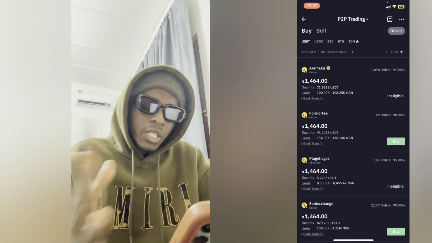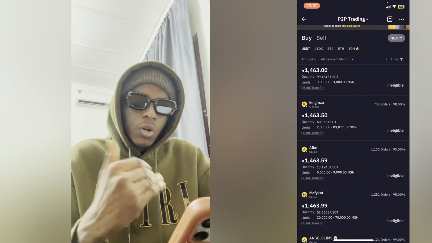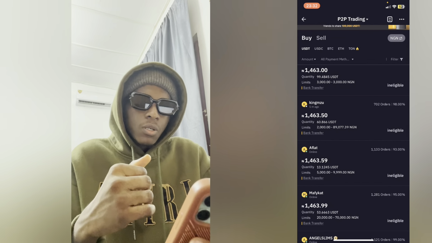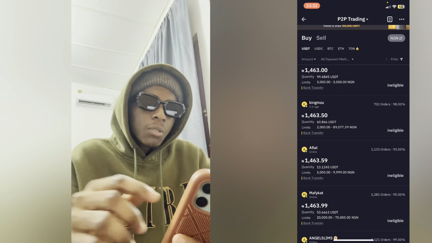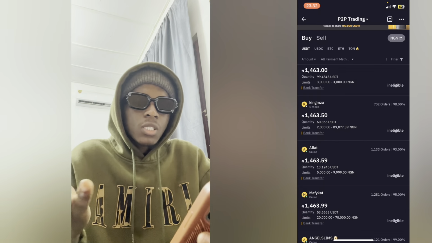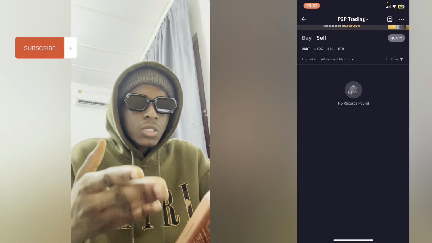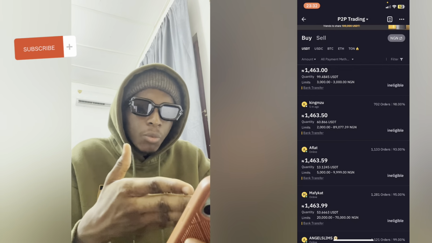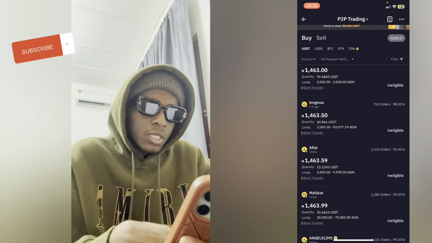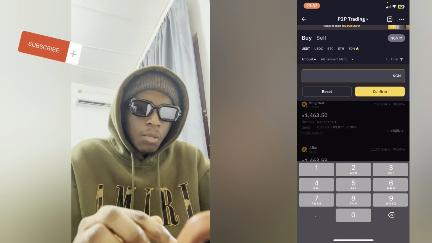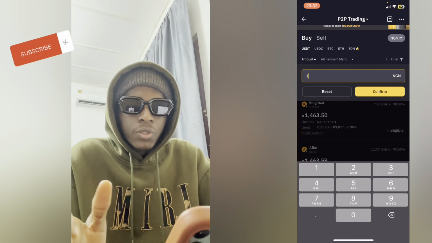Mostly you want to get a range of the coins you want to buy or sell. So I want to buy 100 USDT, right? I'm in the buy section. If I want to sell off 100 USDT, I will go to the sell section. Because I want to buy, I'll be on the buy section. Now I know the amount I want to use, right? So I'll just tap on this amount right here, and I'll tap on 100